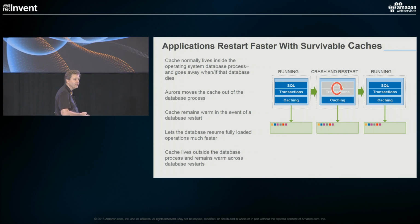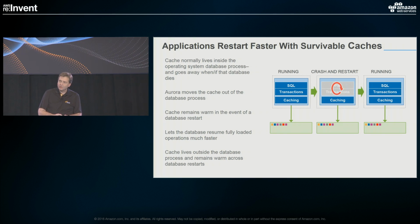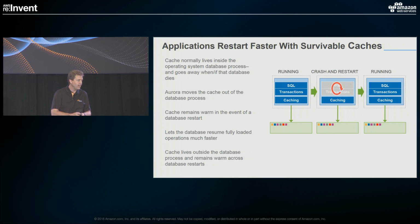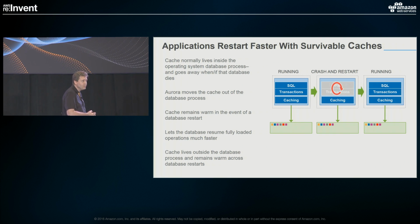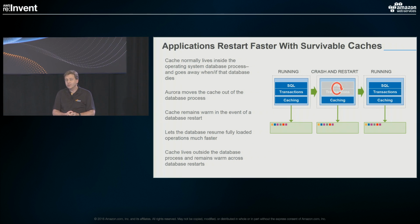Now let's take a typical machine like an R3.8XL on Amazon. That has 200 gig of cache typically is how you'd run it. Your transactions were running with that cache full and hot. Well, now all of those transactions are hitting pages that aren't in cache. And even if you can read those back in at 1 gigabyte per second, and by the way, with random IOs, the chances of that are pretty low, but if you can even read them back in at 1 gigabyte per second,